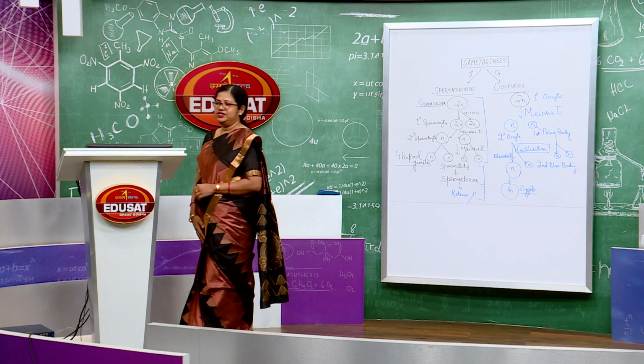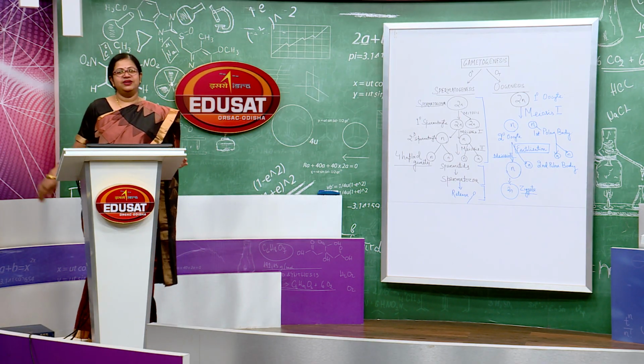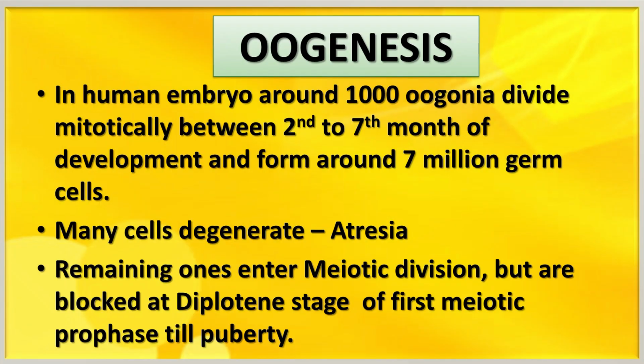ताहले आमे स्पर्मेटोजेनेसिस देखिले. एबे डिस्कशन करिबा oogenesis. Spermatogenesis to be आहुरी इंटरेस्टिंग. oogenesis काहे कि ना, it starts when the baby is there in the mother's womb. Spermatogenesis to puberty pore start habo male case re, but oogenesis will start even when the child is inside the